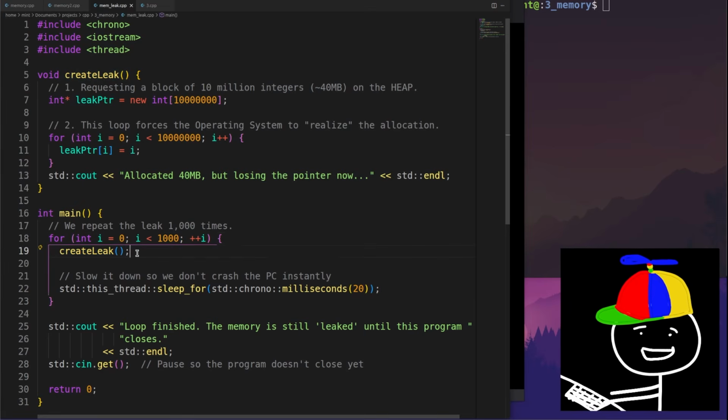Each call allocates a new 10 million size array on the heap. Notably, we're not clearing the heap memory every time we create a new array on the heap.